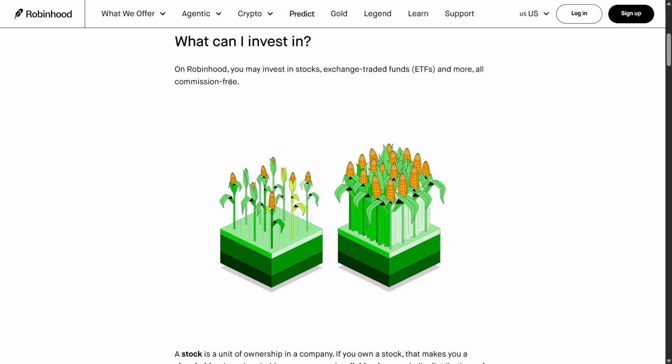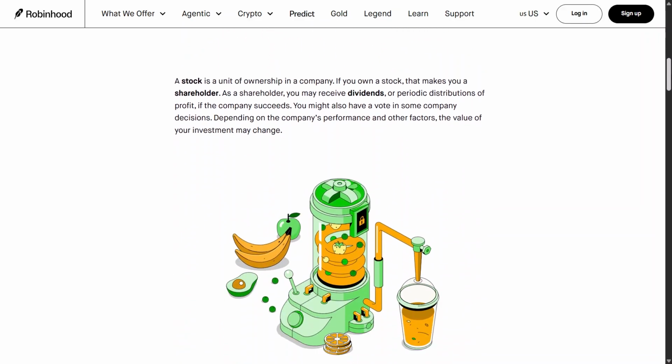At the top of the page, you'll see the current price, daily price movement, and an interactive chart. You can switch between different time periods such as 1 day, 1 week, 1 month, 3 months, 1 year, 5 years, or all time. To understand how the investment has performed over different periods, scroll down to review the company's